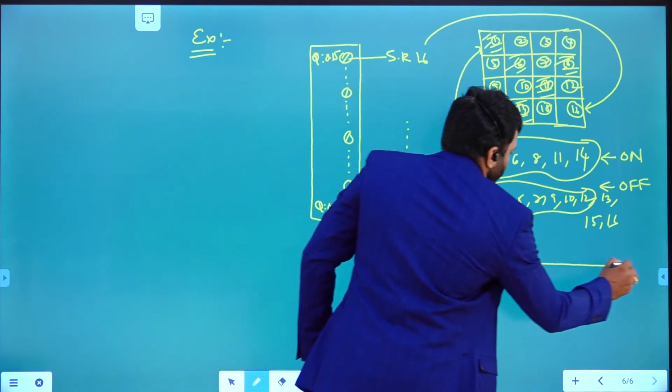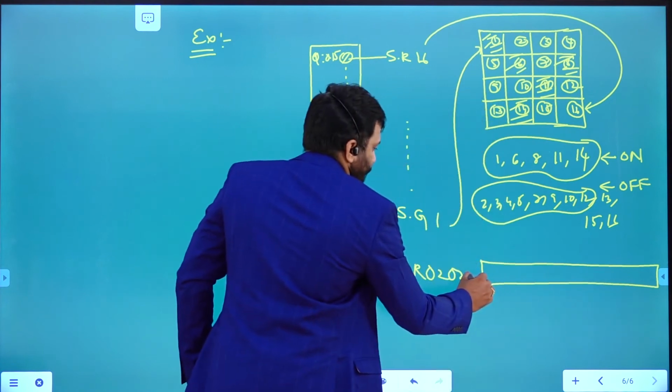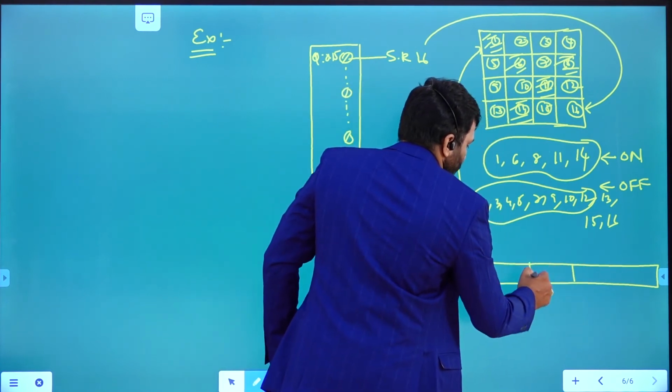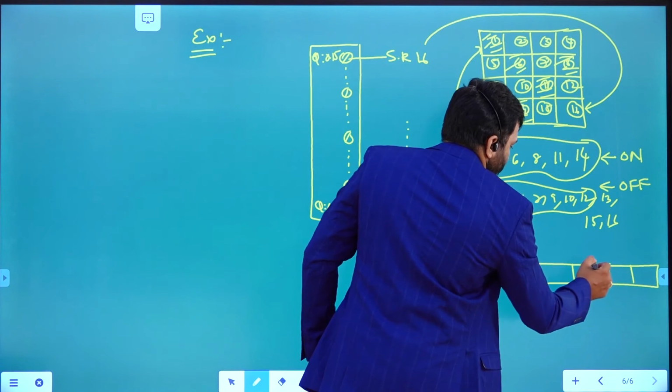In this register, we need to store data like this.